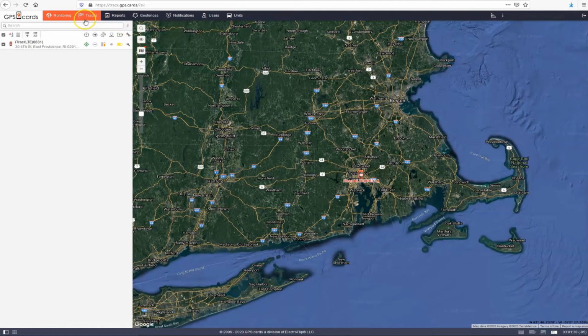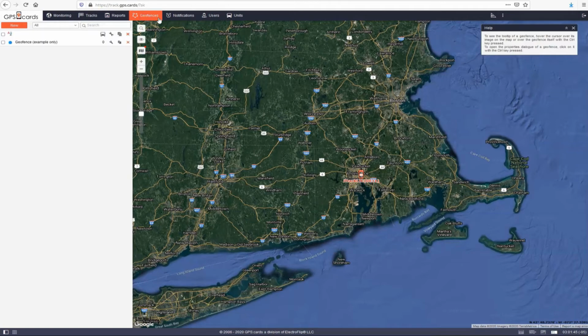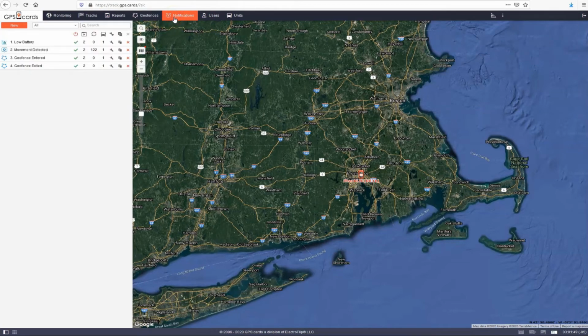Okay, and now you'll see that they have access to the example geofence. They have access to all your notifications that you gave them access to. They themselves, since they have full access, can create users under them, and you can disallow that so they can't create users.